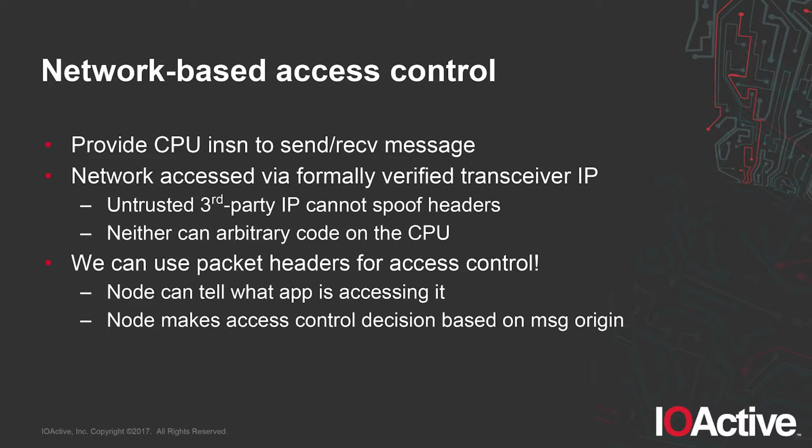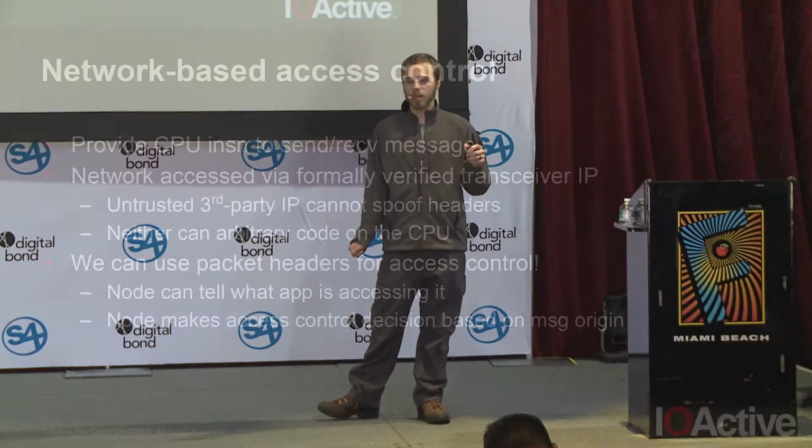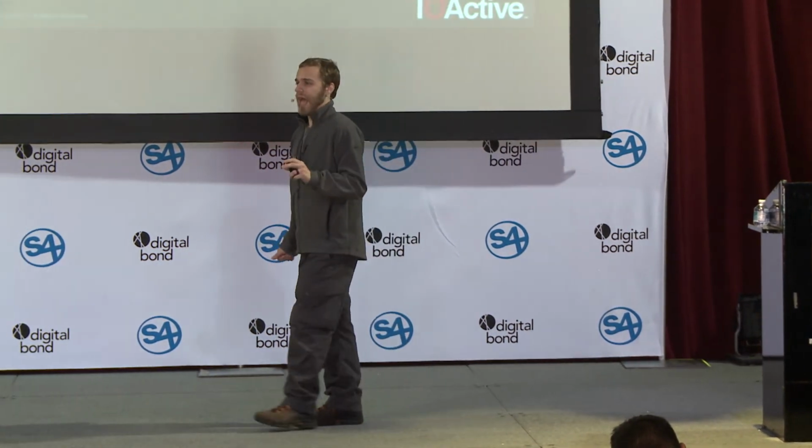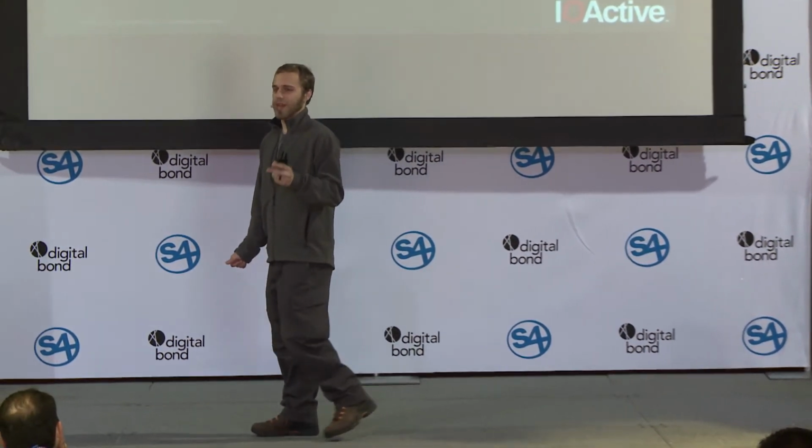Then, at the hardware level, we can access the network via a formally verified transceiver module. So think of it like plugging an SFP into a switch. You've got your module, you write it to use this transceiver, you drop the transceiver in, and since we've verified correctness of the transceiver, it doesn't matter what this block of code that's talking to that transceiver is. We can guarantee the packets coming out of it are well-formed, and they're not going to lie about where they're coming from, because the transceiver has a source address.